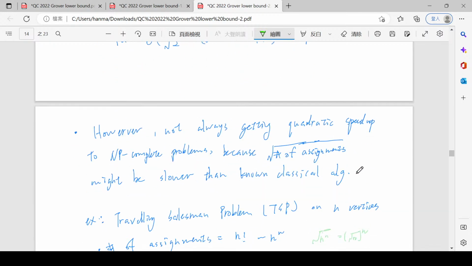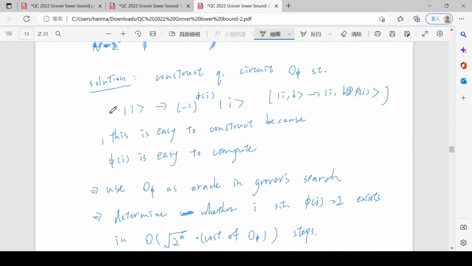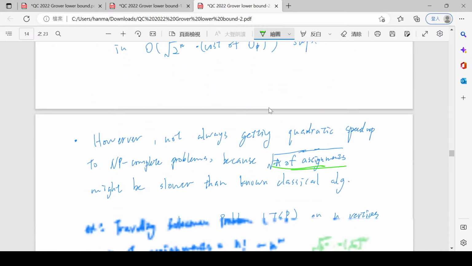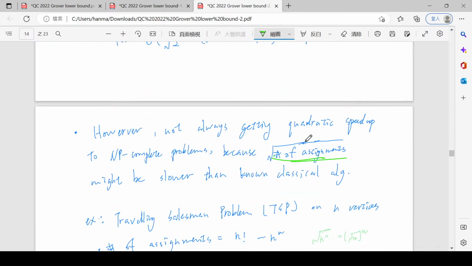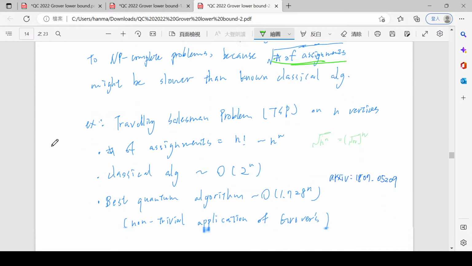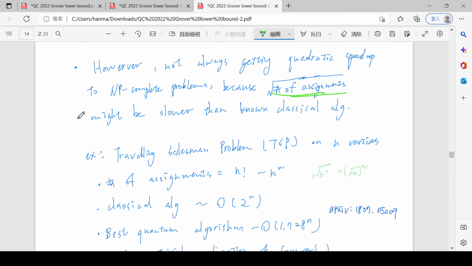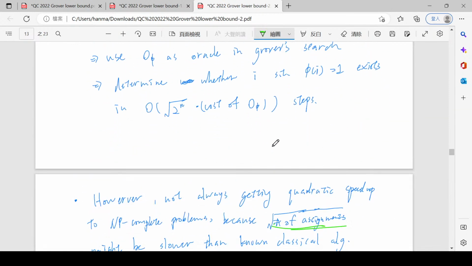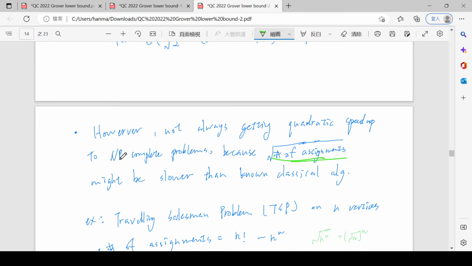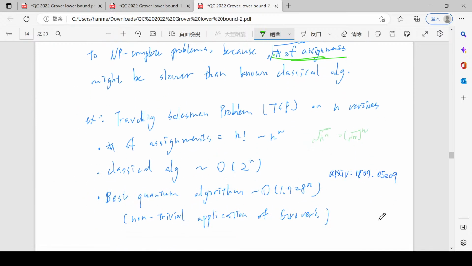On all the witnesses, or usually the witness is an assignment. So maybe the bit string if you are solving 3-SAT, or like we'll be saying about a coloring problem, and you can search through all the colors, etc. But there's a little caveat here. So this doesn't always give you a speedup over the classical algorithm, because the classical algorithm can be smart. For example, when you do the traveling salesman problem, that's a problem where you have a graph,